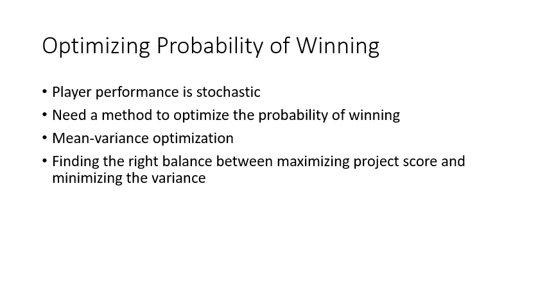Now, obviously, picking the best team based off projected points is not a guarantee for winning because player performance is stochastic. So instead of optimizing something based off projected points, we also need to optimize it based off the probability of winning. Now we can do this with mean variance optimization. Essentially, this method of optimization is about finding the right balance between maximizing projected score as well as minimizing